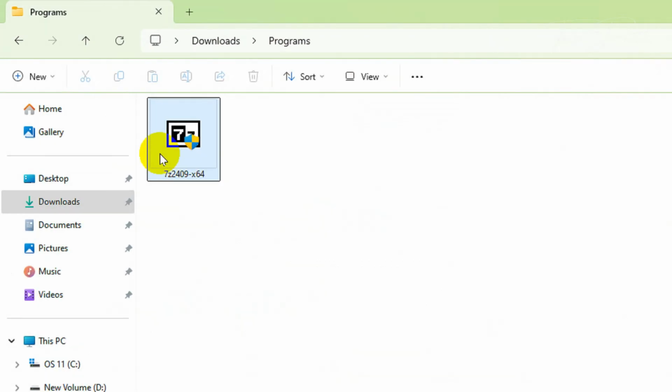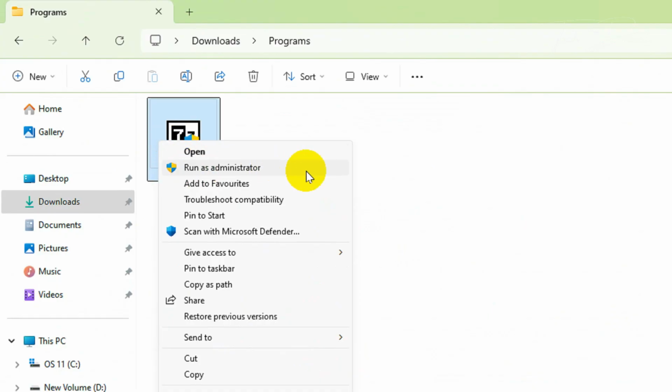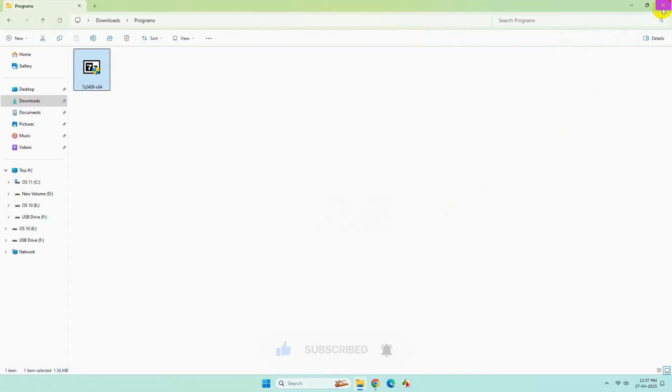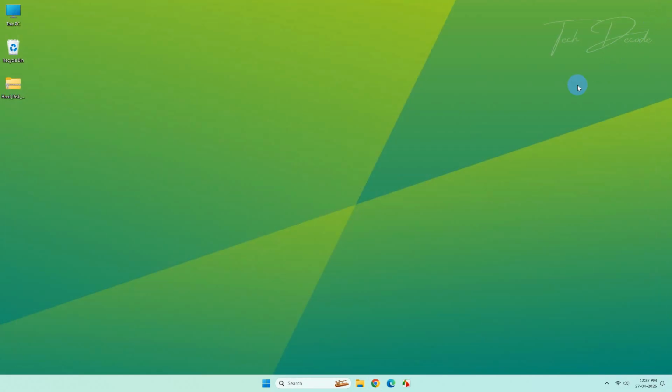After the downloading is complete, simply right-click over the file, run it as administrator, and install the file. Now close everything. Head over to your file